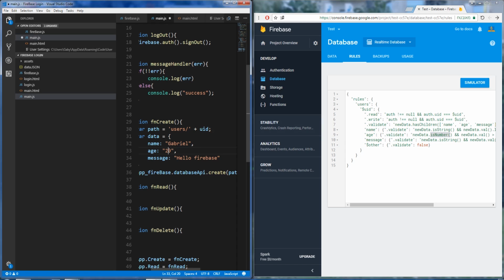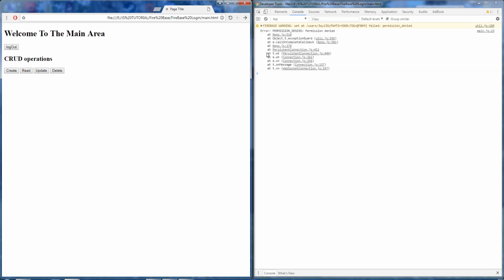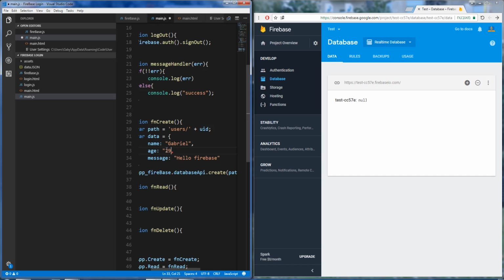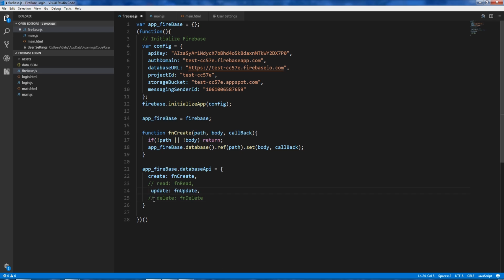As you can see, I changed the age from number to string. I'll delete the data and try to create again, and you will see that we get an error, permission denied error. Setting it up to a number again, and create will work. So we've done the create part, let's work on the update and delete, which are very similar to the create,